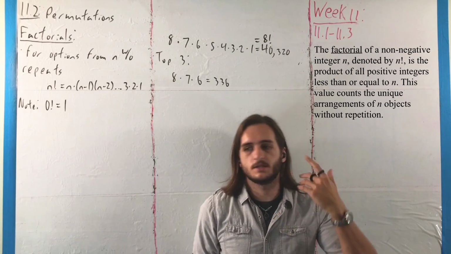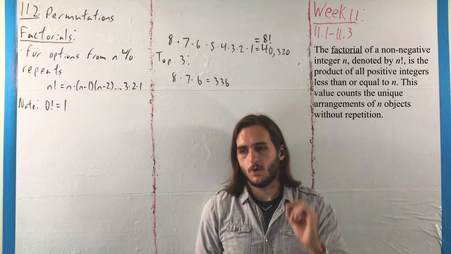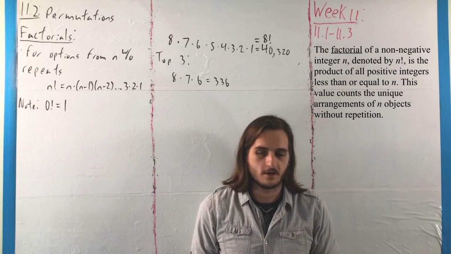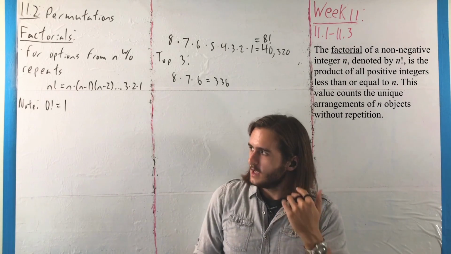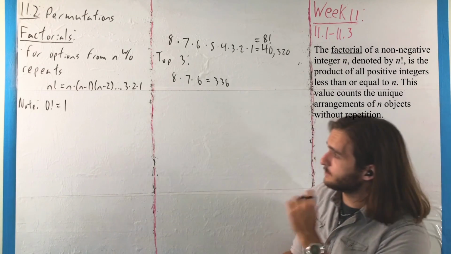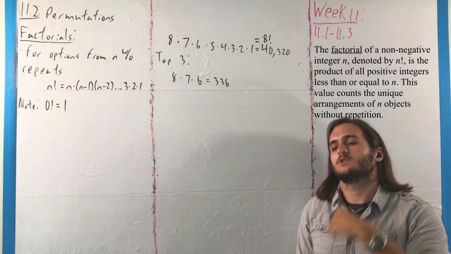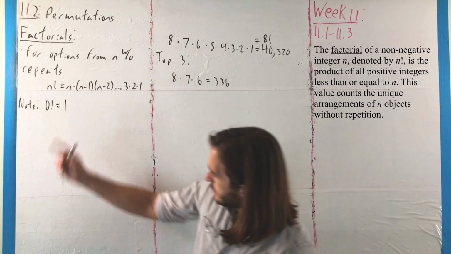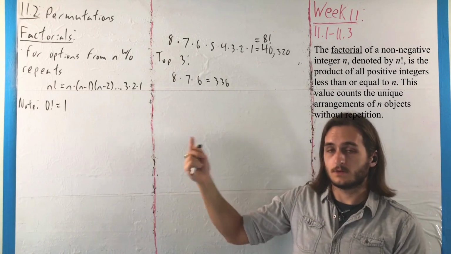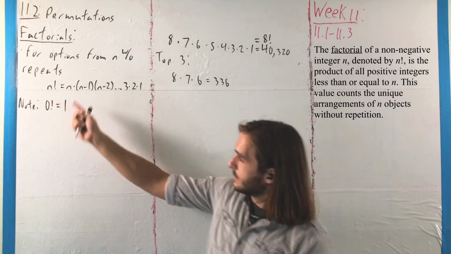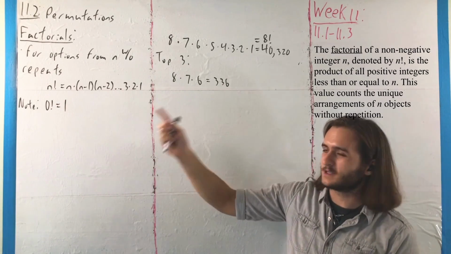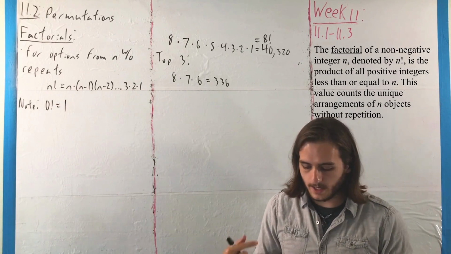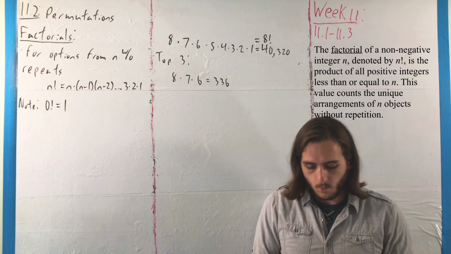where that exclamation point there does not indicate excitement at numbers, although hopefully all of you are excited with numbers. What that says is we're going to take the descending product of the natural numbers less than our value. So 8 times 7 times 6 times 5 times 4 times 3 times 2 times 1, or n times n minus 1 times n minus 2 times n minus 3, all the way down to 3 and 2 and 1,